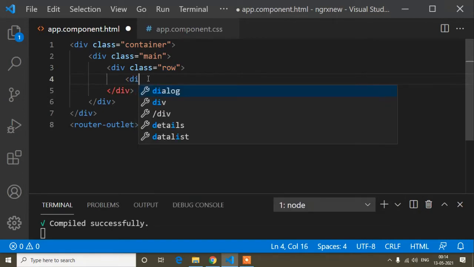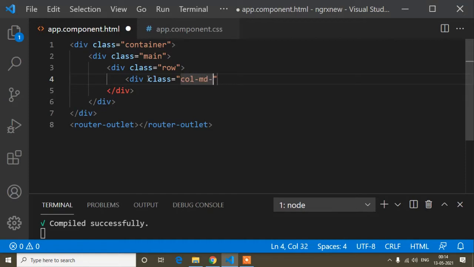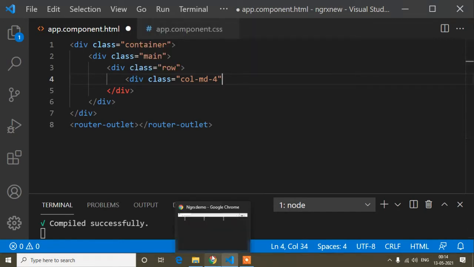Now here I will write a div with class col-md-4. This col-md-4 is used for making a grid, because when I showed you the preview of this game, you saw that there were three column parts. First I will make this, and then I will show you what I'm trying to show.